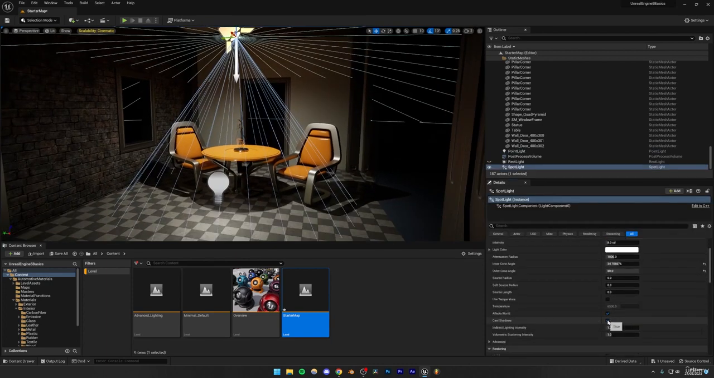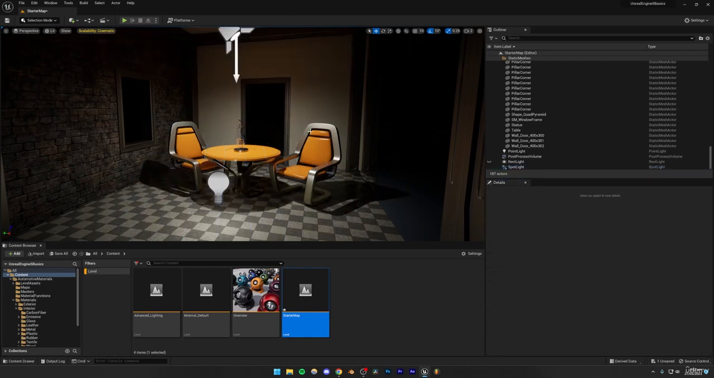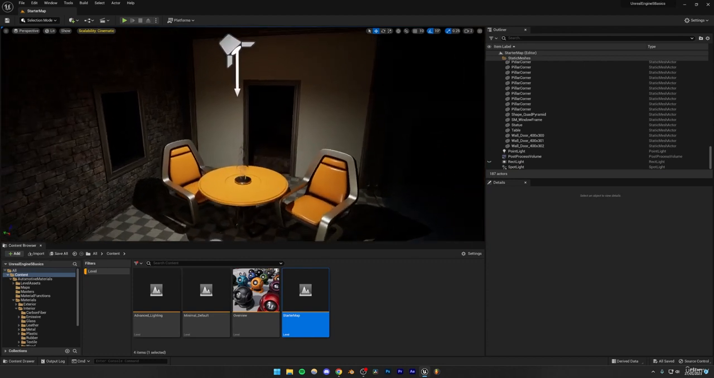So if I just turn off cast shadows, you're going to see that the shadows are going to go away, and obviously it looks really bad, but that's how you can do that, right? So just save everything, by the way, if you're following along, and then I think we should move on to